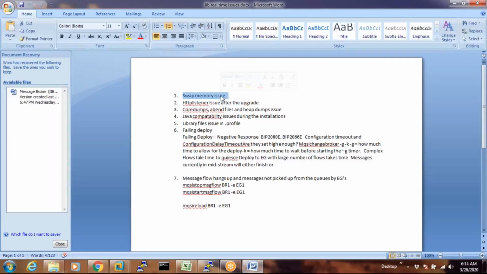Do you know what is swap memory? I think it's when it runs out of the memory. Exactly. So swap memory is a part of RAM memory. If RAM memory gets filled, then swap memory comes into the picture. So whenever swap memory is being utilized, it means definitely something is wrong with the server. Some memory leakage is happening.